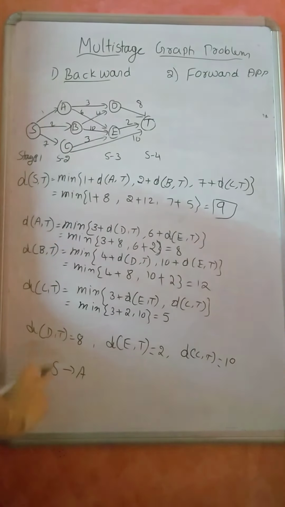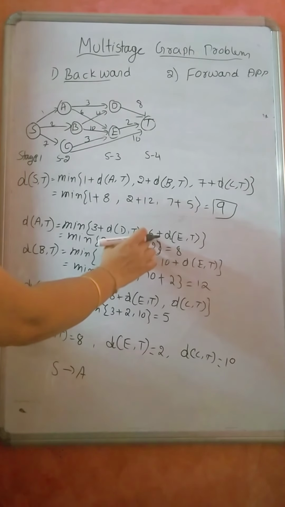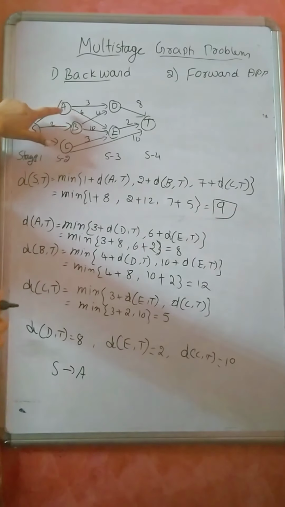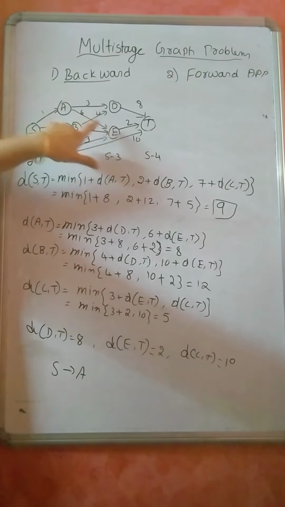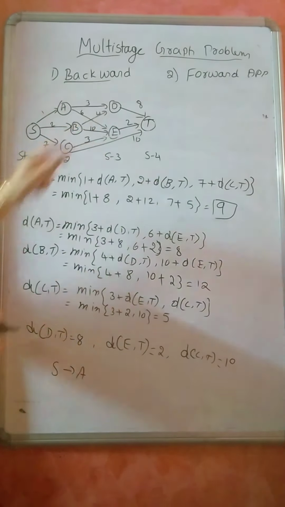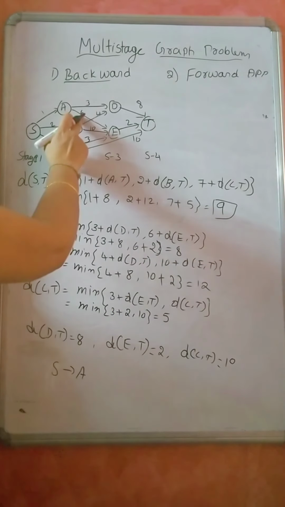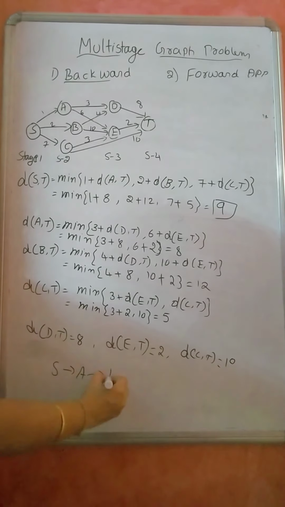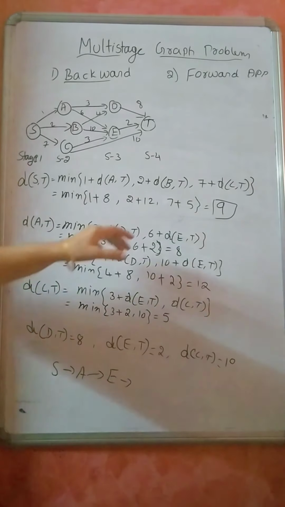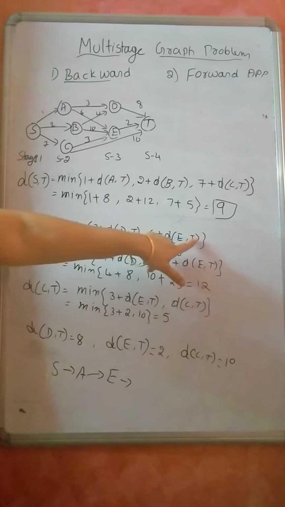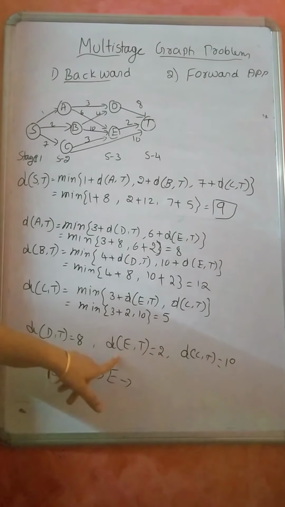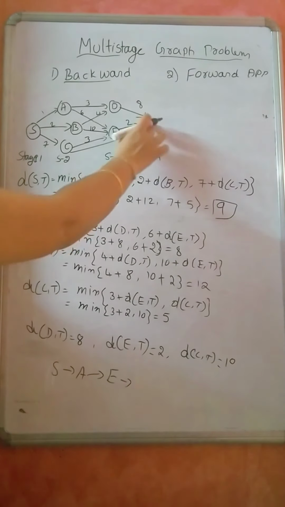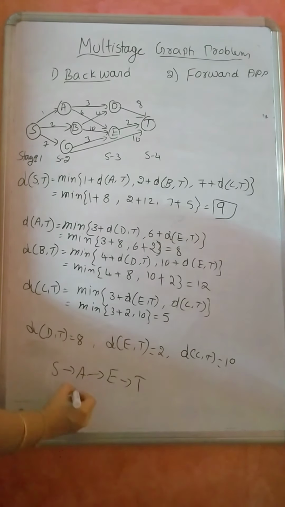So in that, minimum is I considered from this path. Means I am traveling from where? I am traveling from A to E. Okay, I am traveling from A to E. Getting my point? I want 6. From 6 where I got? A to E. So path is A to E. Okay, now D of ET. ET is nothing but from E to the T. So E to the T is 2. So how much? S to A is 1 plus A to E is 6 plus this is 2. It is totally 9 and this is the path which you are traveling.